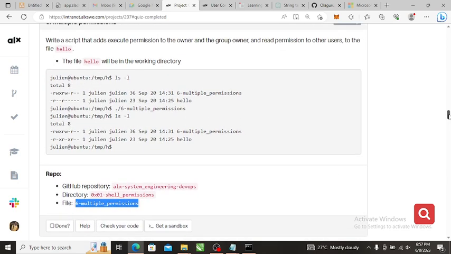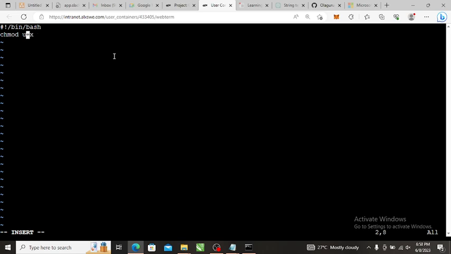Execution permission to the owner, right? Who has execution already, and the group owner. So user and group will have that. For others you do o, but others will not have this. So user and group will have that, and then comma, and then